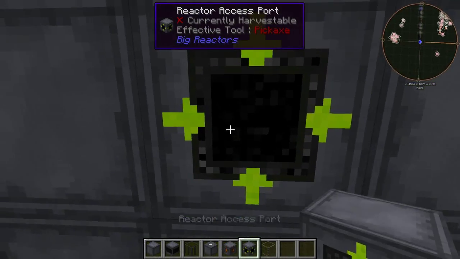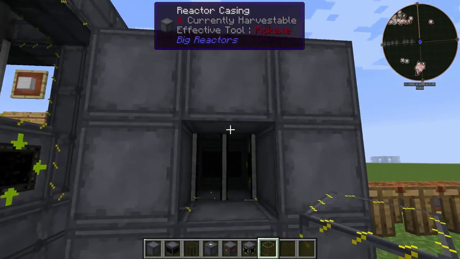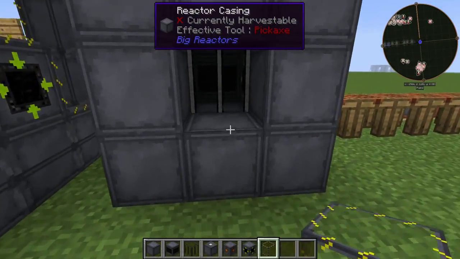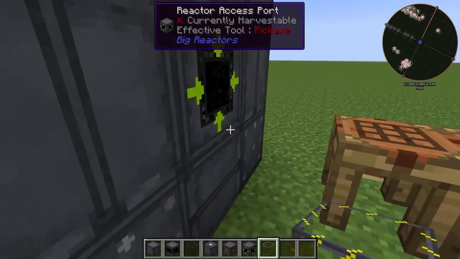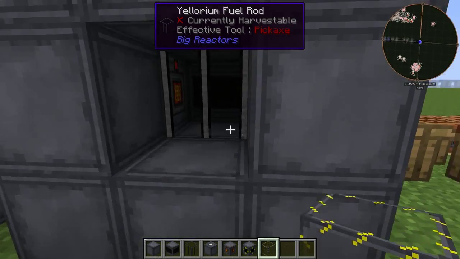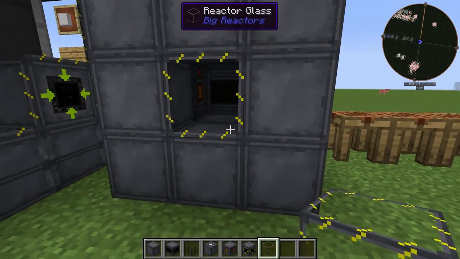I'm just going to put the access port here, and I'll just go ahead and stick a glass back here. Now you'll notice when I put the glass down, it changes. That tells you that the reactor is properly made. If I were to take that out, for example, and put that there, it would tell me, if I were